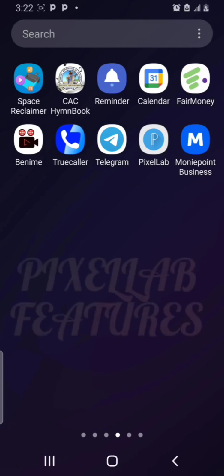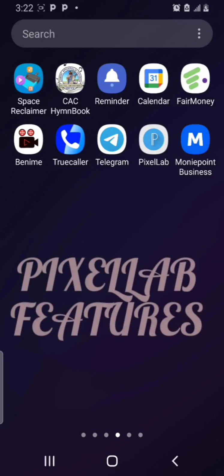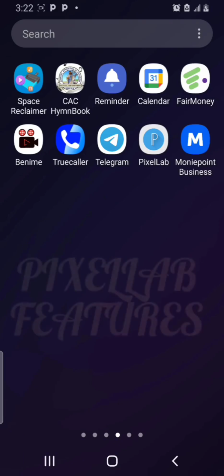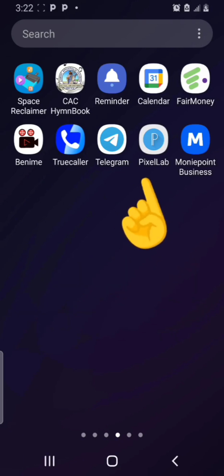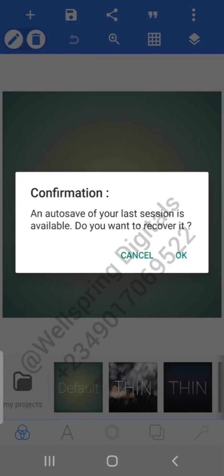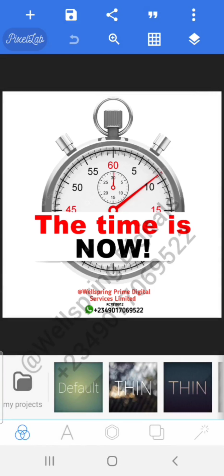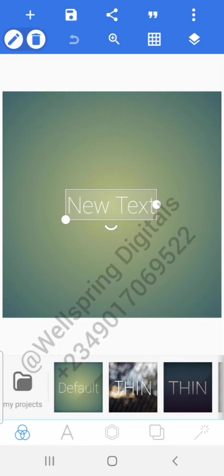Today we want to go through the features of Pixellab, which will enable us to carry out designs. So now let's open our Pixellab application. I click on Debug. Once you open your Pixellab, this is the debug page that you are going to be having. Now let's go through some of the